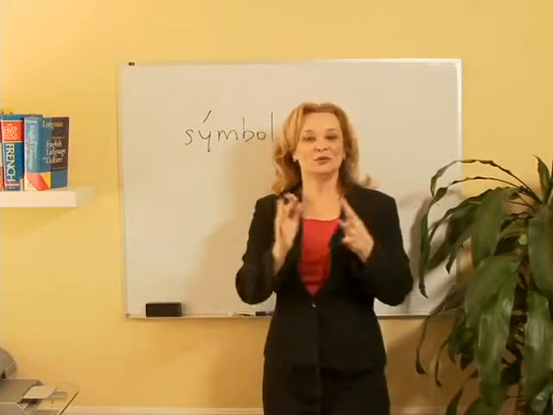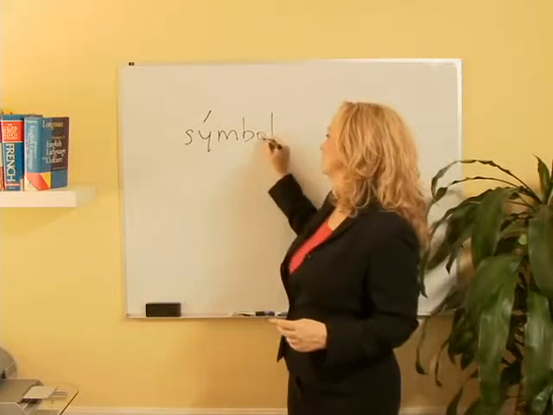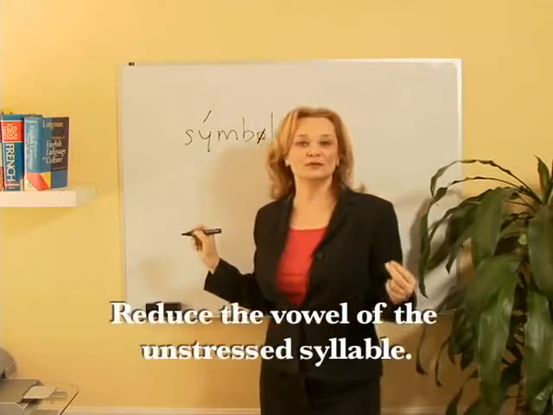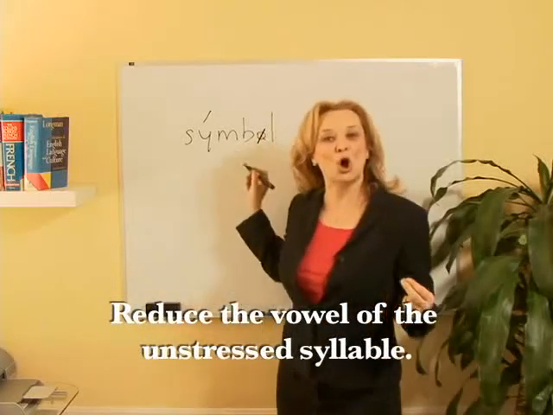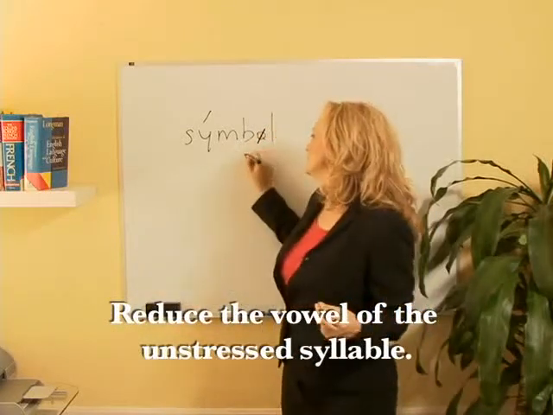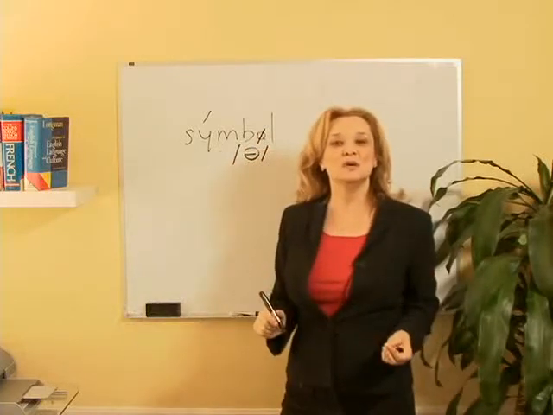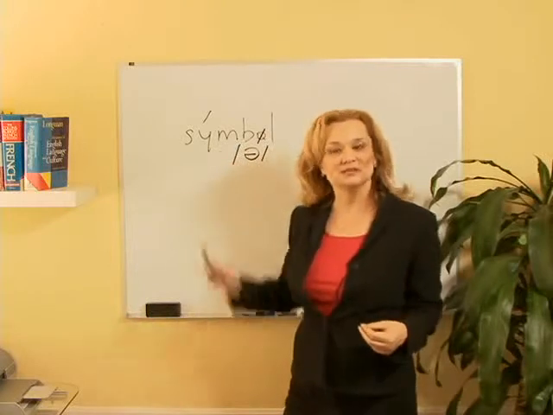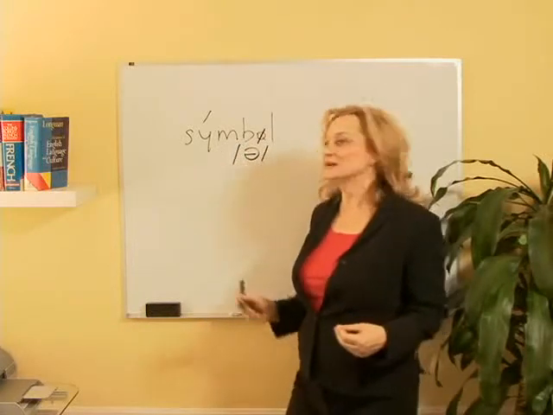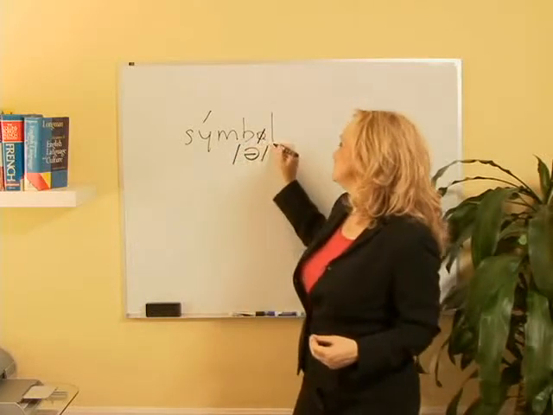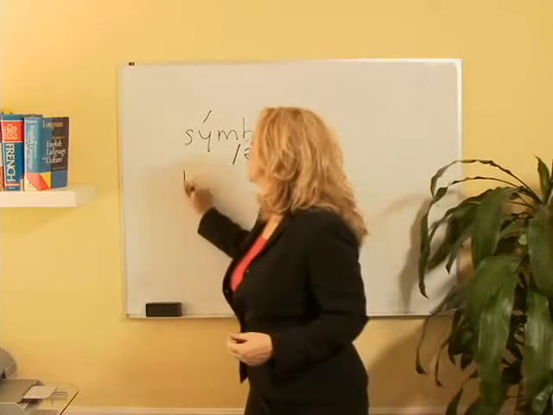When we have a reduced vowel, we don't pronounce it fully. We don't say symbol. We reduce it and we pronounce it as uh. Symbol. Symbol. So the O changes. Let's look at another ending with O. For example,